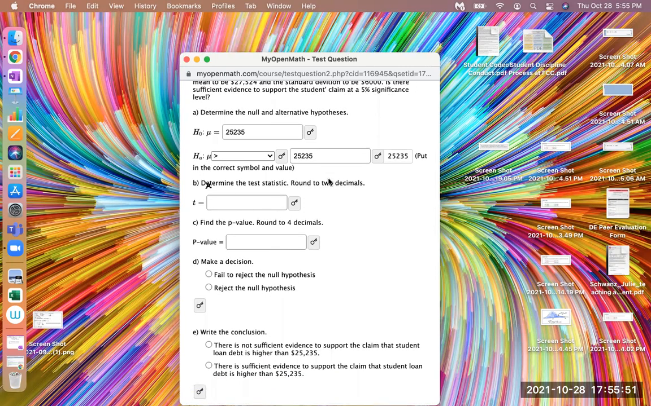Now they say determine the test statistic. We don't have to worry about doing that too much. When we calculate the p-value, it usually just gives us the t-statistic anyway. But to find the t and p-value, what type of test do we have to do? The t-test? Yes, it's the t-test. For the mean problems, there are t-tests, and for the proportion problems, it's a one-prop z-test. So we go to